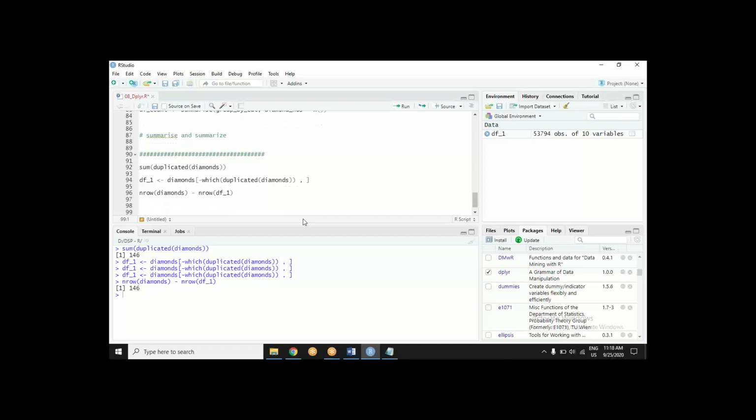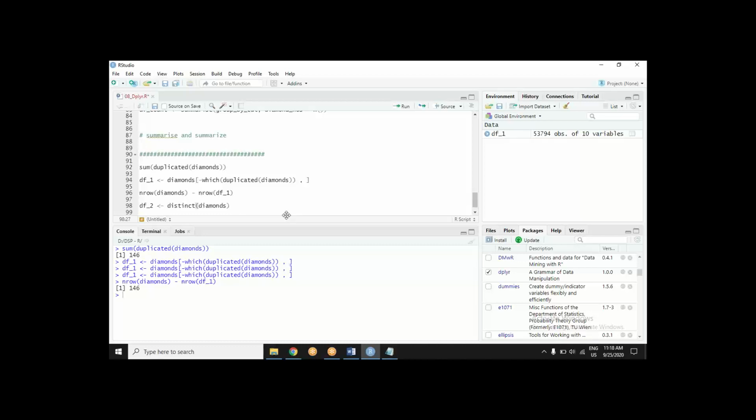But can I do something better? Let's say I'm creating a df2 doing the same thing, but this time with dplyr, and in dplyr I have a distinct function. What I am saying is distinct from diamonds. What do I mean? Only the distinct rows of diamonds, bring them to df2.